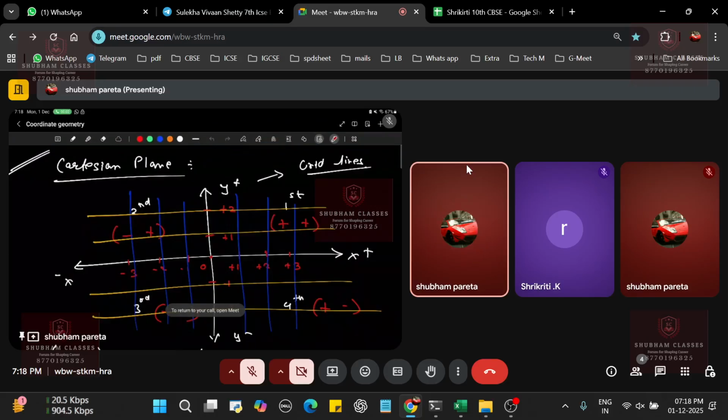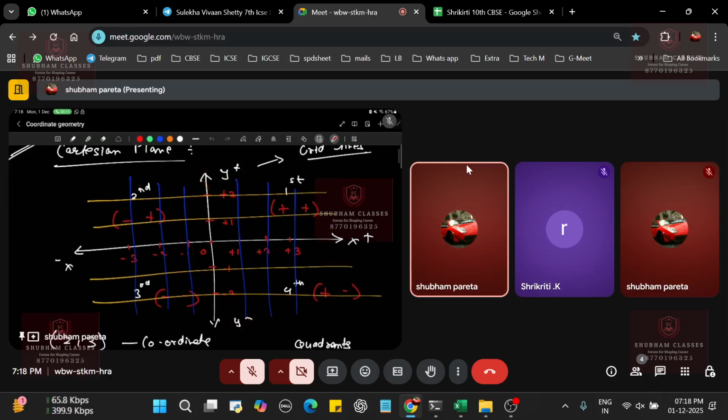Yeah, it is visible now. Yes, sir. Okay. So this is the Cartesian plane. It is x-axis and y-axis. So it gives us the idea about two axes, which is x positive, x negative, y positive, y negative. Okay, we're getting it. Now here in this category, the x positive, x negative, y positive, and y negative is further divided into four coordinates over here. So it is four categories.